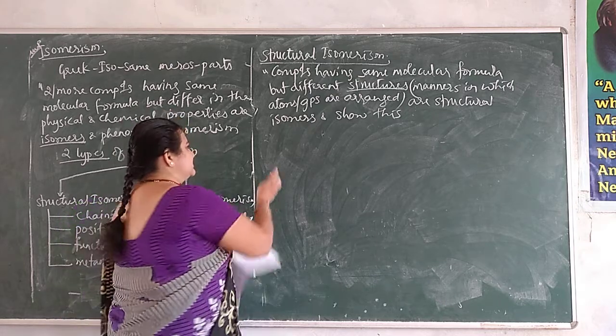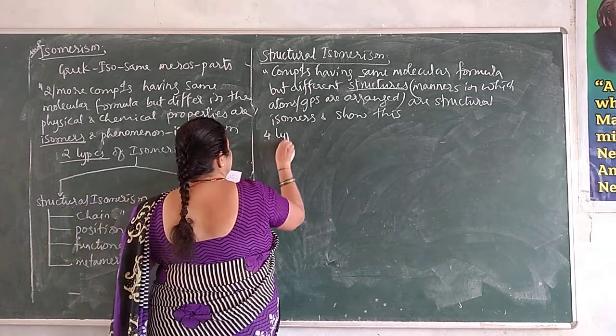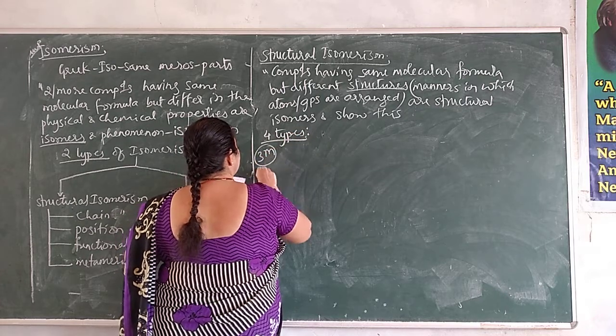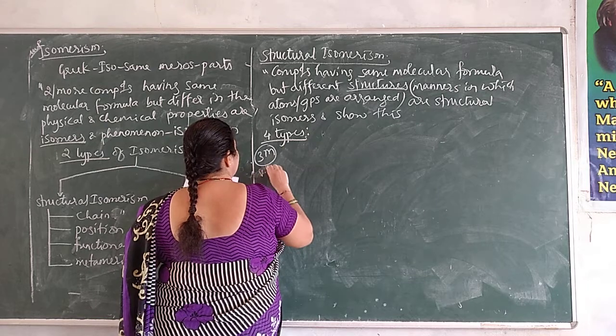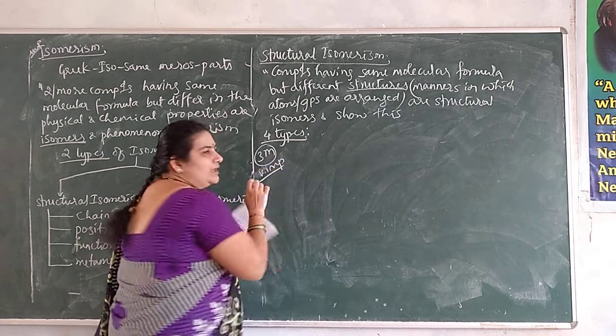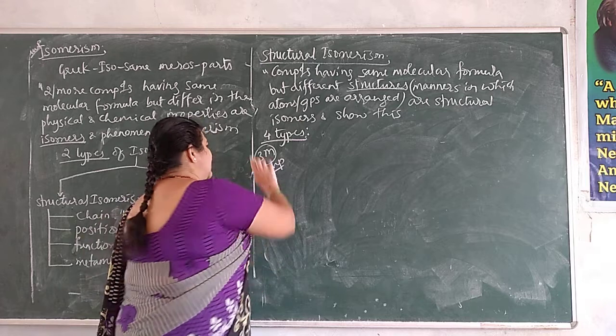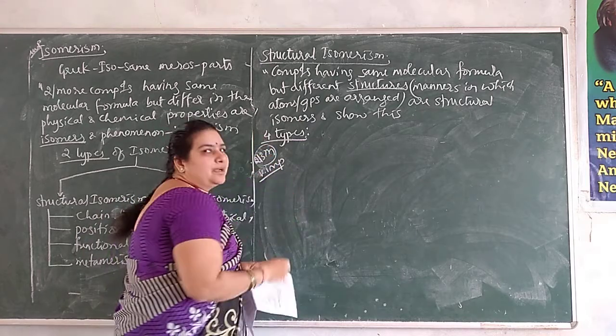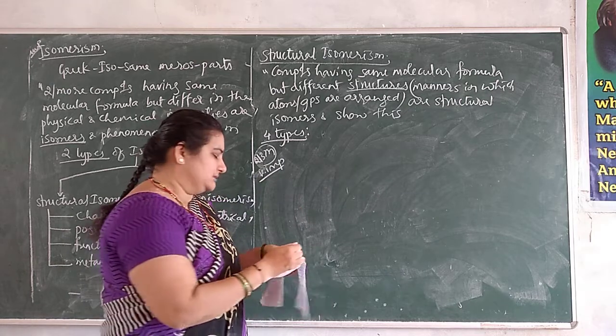Okay, remember, there are four types, and each type is important. It is asked as a 3 marks question, very important. In the question paper, one question will be there, for 2 marks or 3 marks. The marks will depend, it may be asked for 2 marks also and 3 marks also.